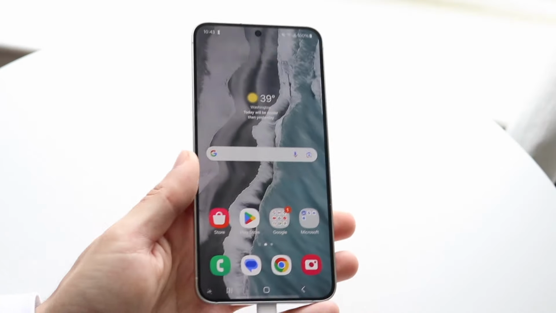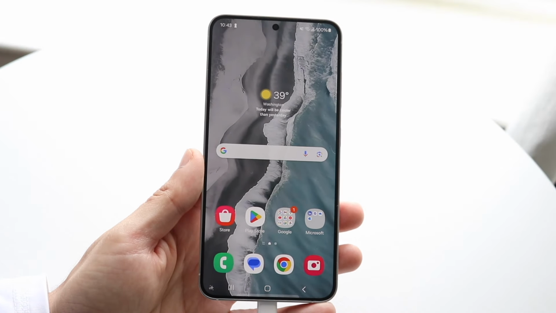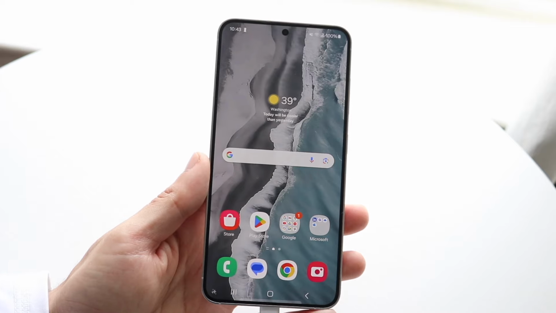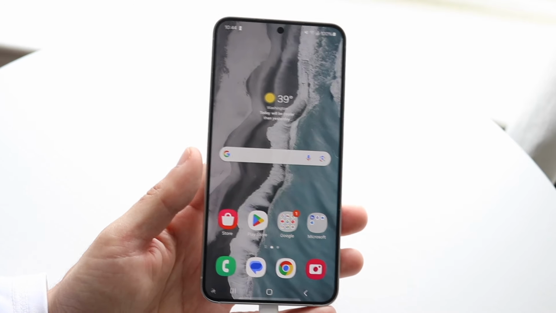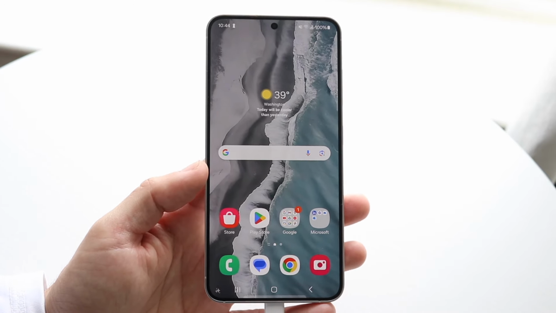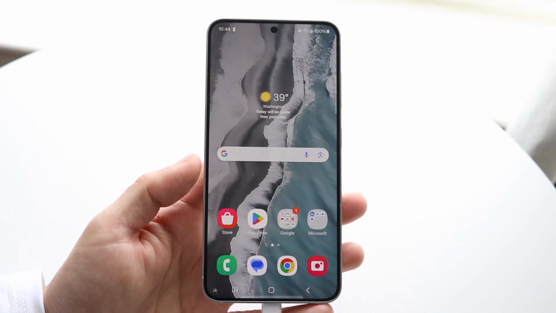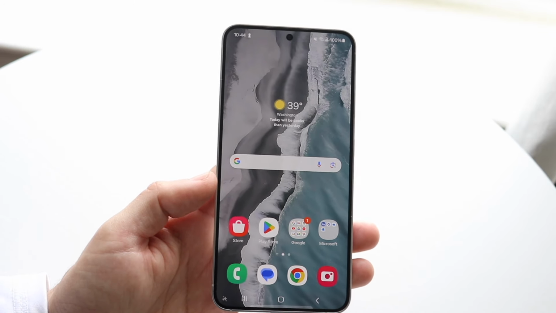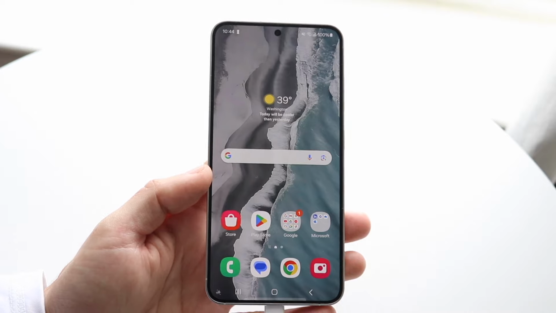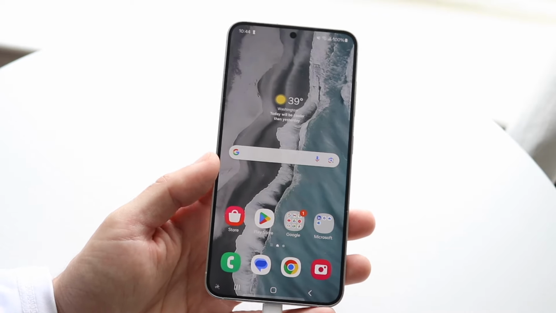So you may have picked up one of the new Samsung Galaxies, and you might be trying to figure out how you can use Galaxy AI on your Samsung phone. Now, here's the thing: there's not really a certain Galaxy AI application that is a Galaxy AI app. There's a lot of different things that Samsung threw into our phones that will basically give us all these AI